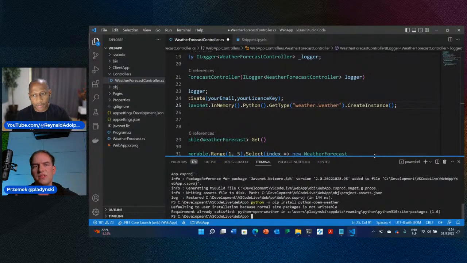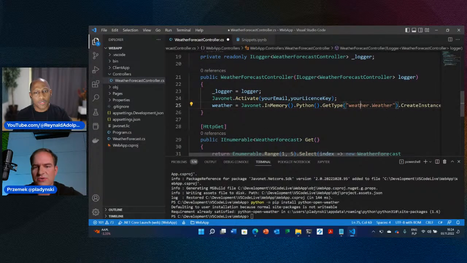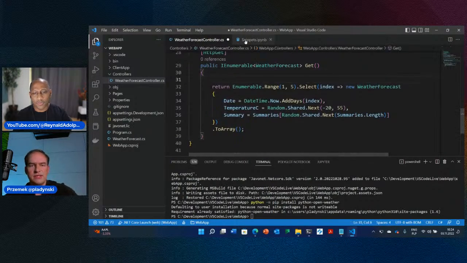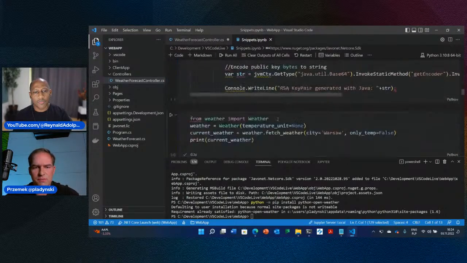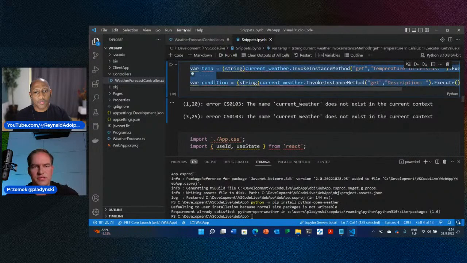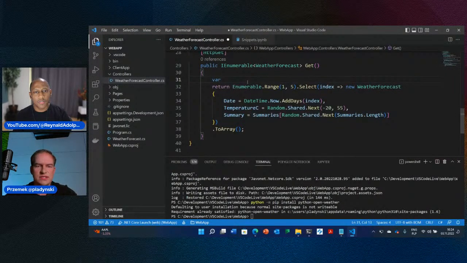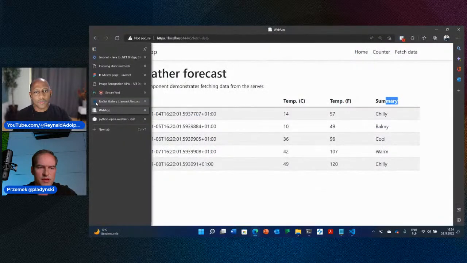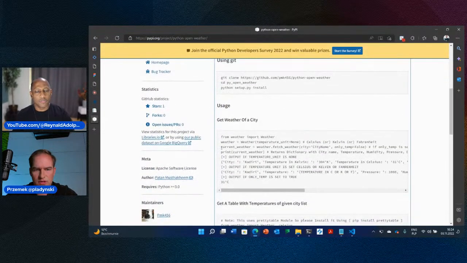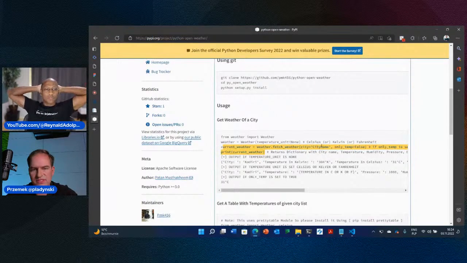So if you have anything existing in the world, in the dependency repositories, that you would like to use in an application and it's not built with the code or the programming languages you are using, you can just go here and install that dependency in the runtime that it's built with and just use it. So here we are calling that from package weather. We want to take the weather and we create the instance. So next, we can just quickly extract the weather from there. We will say exactly the same as shown in the example on their web page. So current weather must be weather, fetch weather, and the name of a city.